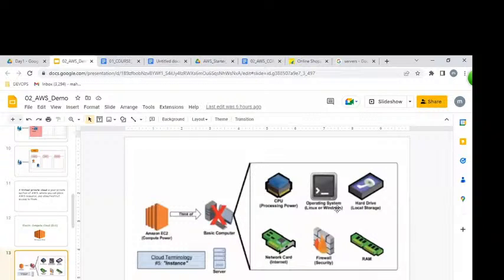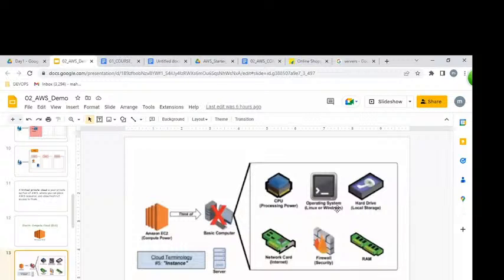Is that clear to all of you? But what is EC2? So what is computing power? RAM, CPU, whatever we have discussed. If we can access that computing power over the internet in an elastic form, a flexible kind of computing power in a virtual form, that is nothing but what? EC2. One E, two Cs. It's nothing but EC2.